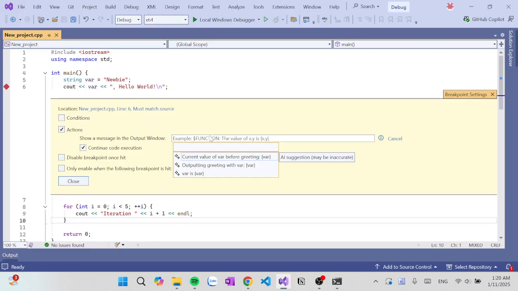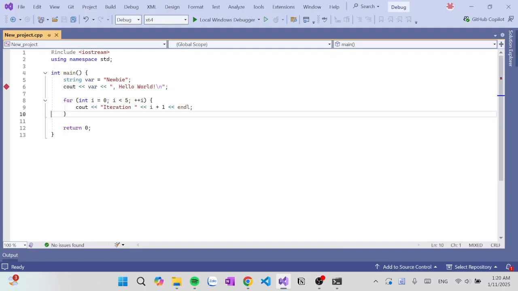There's one thing you need to keep in mind: if you want to print out the value of a variable, you must put it in braces like this, {var}. Because if you type only var, then it would just print the string var. So I'll type "value of var is {var}", and let's try it.